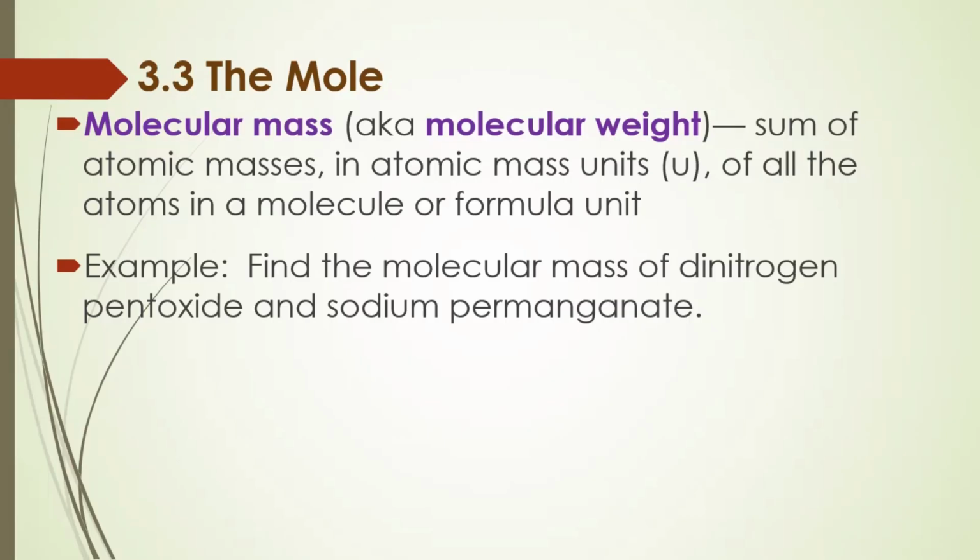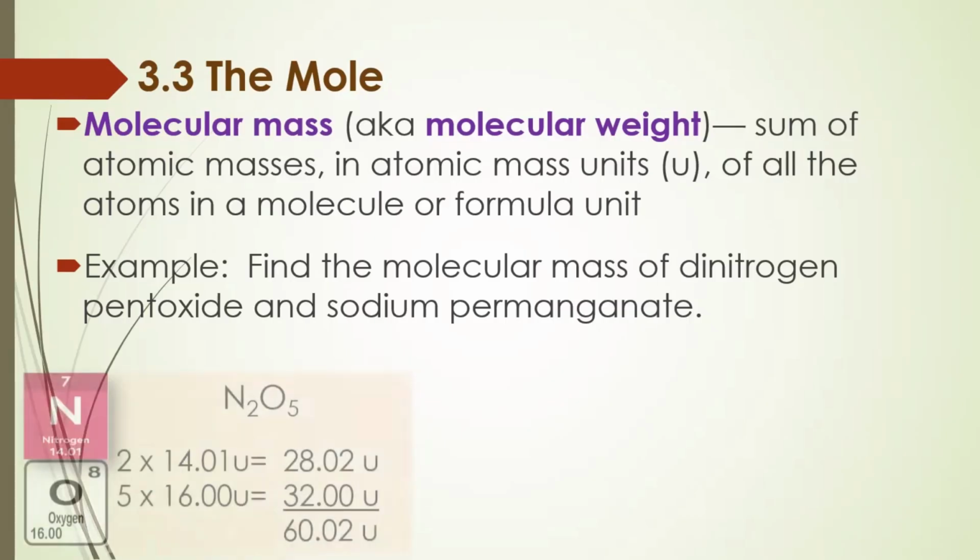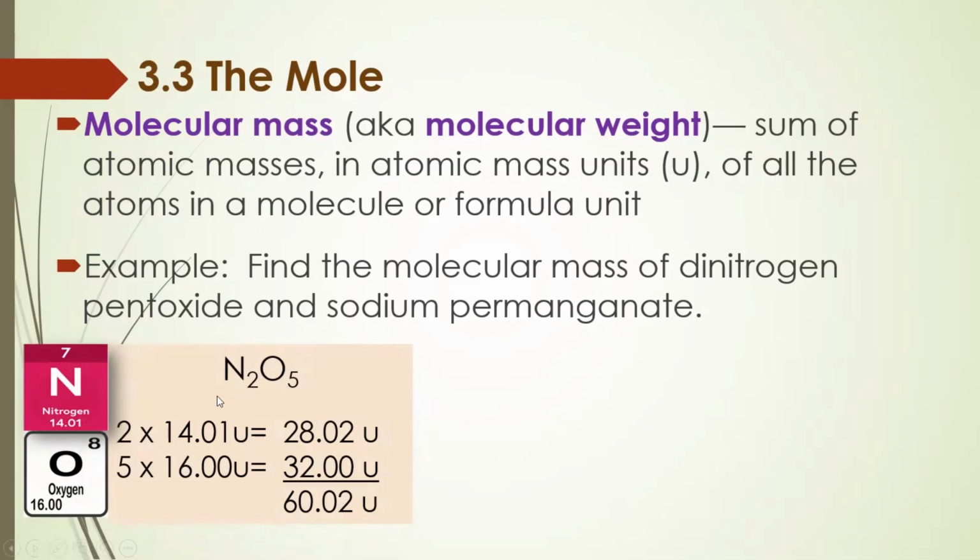So dinitrogen pentoxide is our molecular compound. Dinitrogen pentoxide is N2O5, and here are elements from the periodic chart. We need to look at their atomic masses. So 14.01 for nitrogen and 16.00 for oxygen. And we multiply that by how many atoms are in the molecule. So 2 for nitrogen and 5 for oxygen. So we multiply those and we get